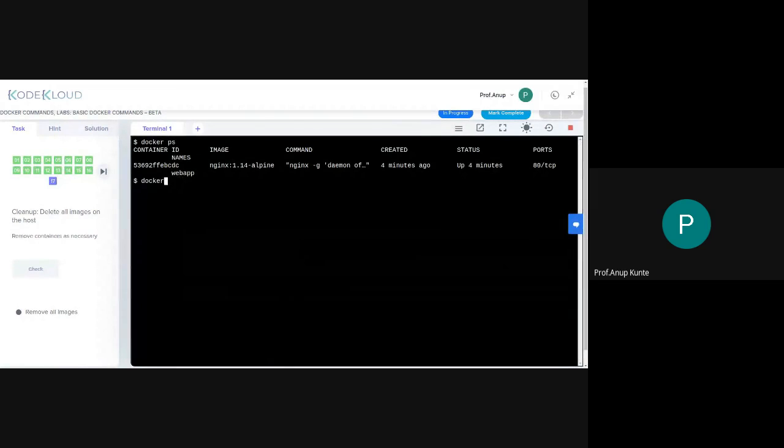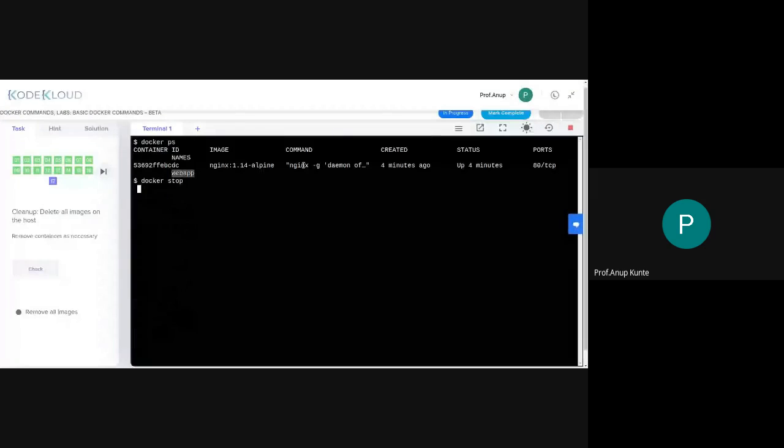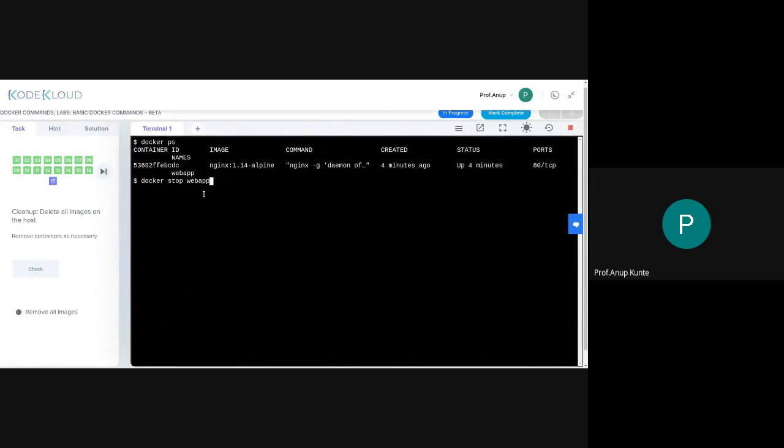So Docker stop. Is it stop? I don't remember. I forget a lot of things. This time we'll try to use the container name. You want to stop this container web app.